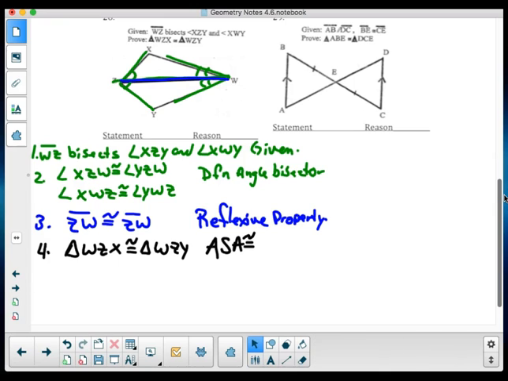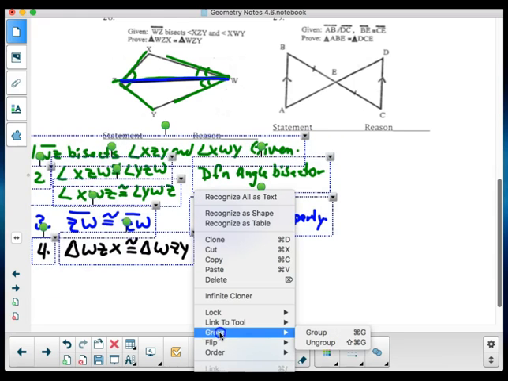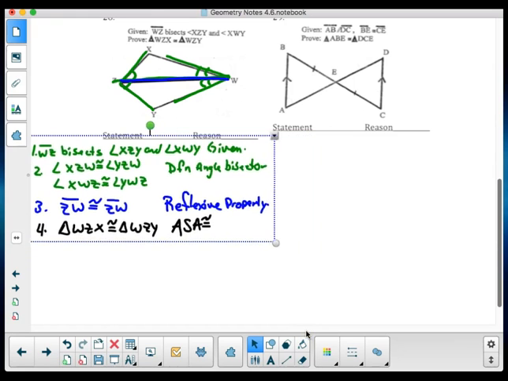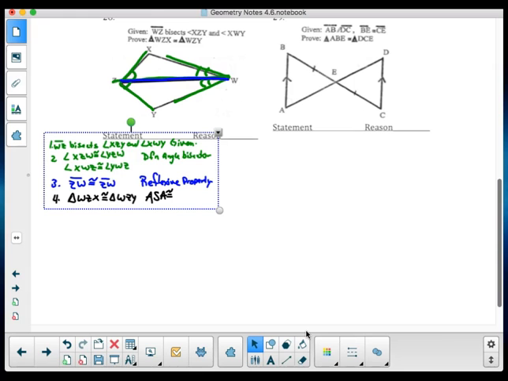And that's our first proof here for the review. Okay, I'm just going to group these together. Make it smaller because I got a little rambunctious there, using up a lot of space. Now,